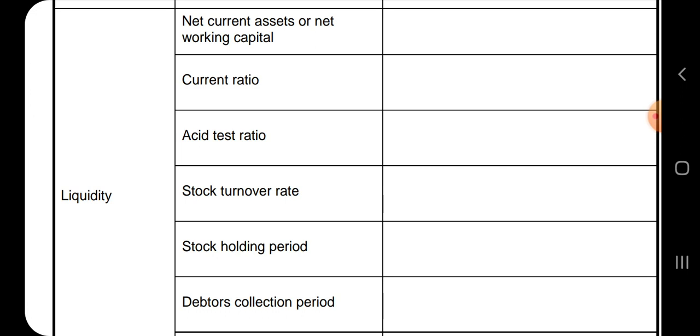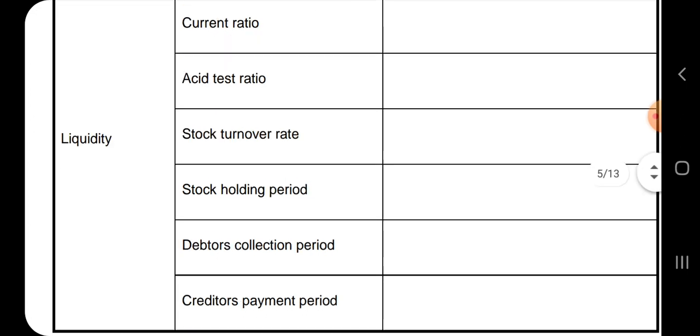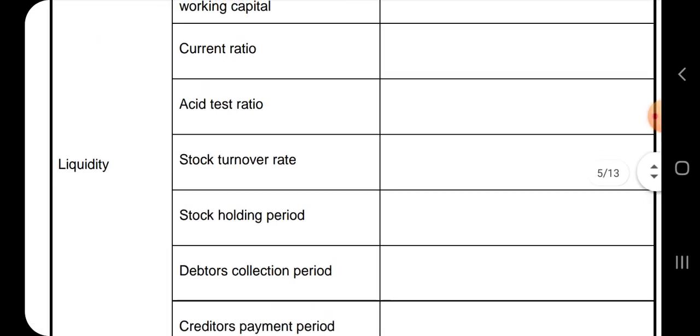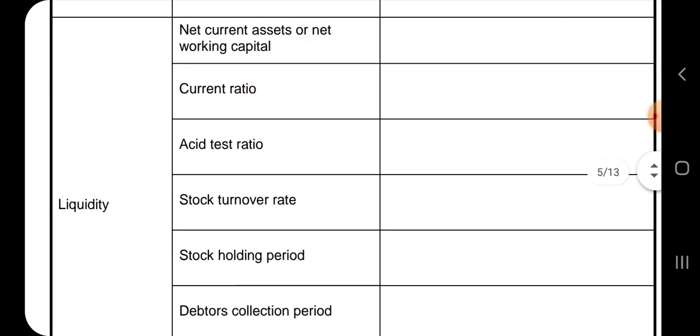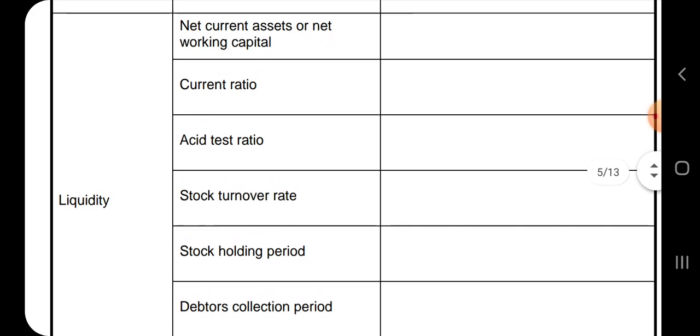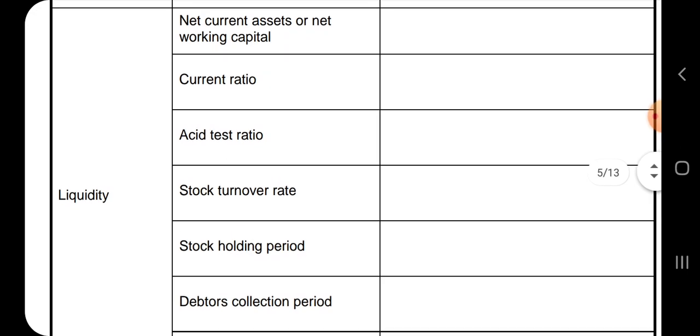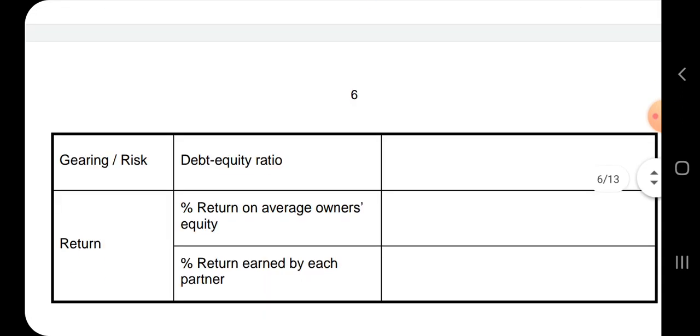That is solvency. In the short term, it's liquidity ratios. So the main liquidity ratios are the current ratio, the acid test ratio, and the working capital ratio. Those are the main ones. And then